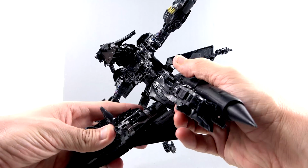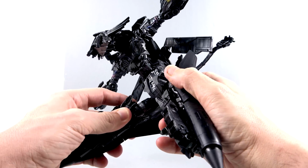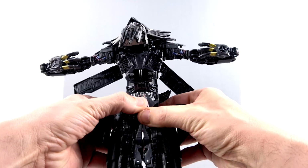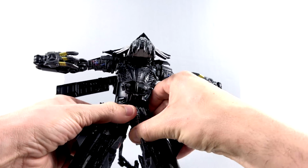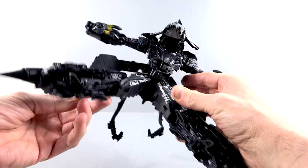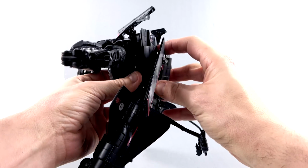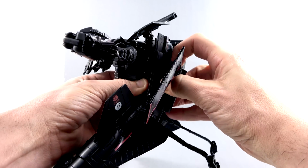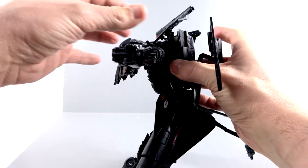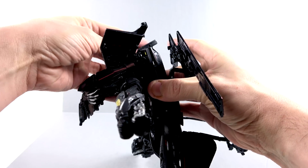Spread that out and then bring this up, lock that into place just like that. And then bring these legs down and then split this section right here. You don't have to really do too much right now. Just go ahead and split it. We'll worry about everything there later on. Come to this back section. You can detach these tabs in, and then these little bits, kind of get that out of the way, and